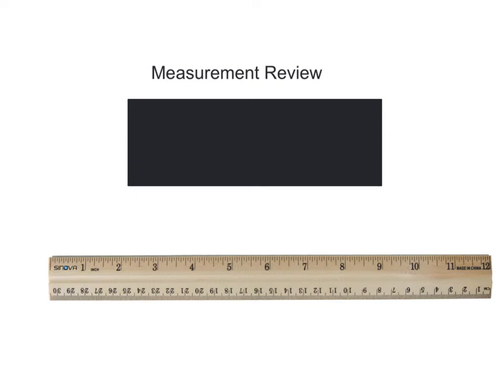When we are going to be measuring, the first thing we need to remember to do is figure out what fraction our ruler is measuring in. So that is where we count from one whole number to another to see how many lines are between to figure out our fraction. So here on this ruler, I'm going to count to identify how many lines are in